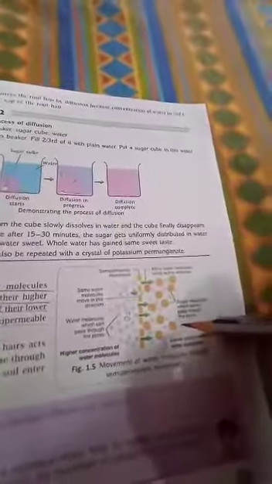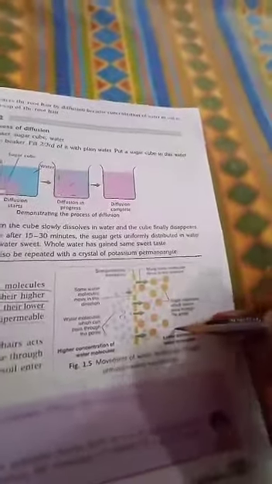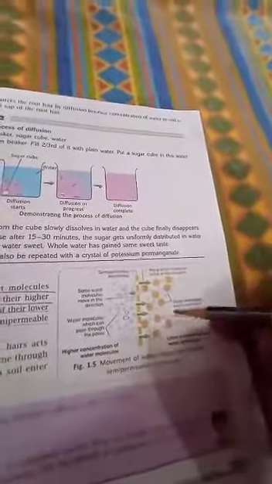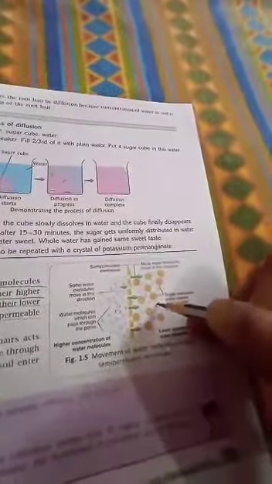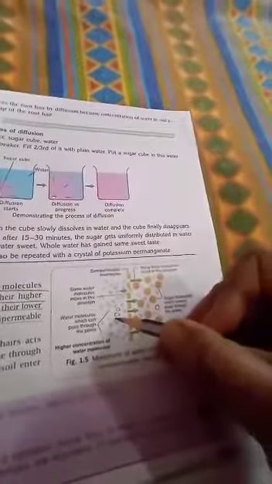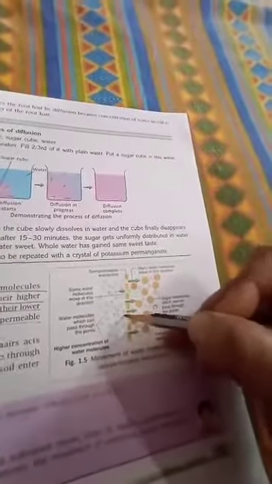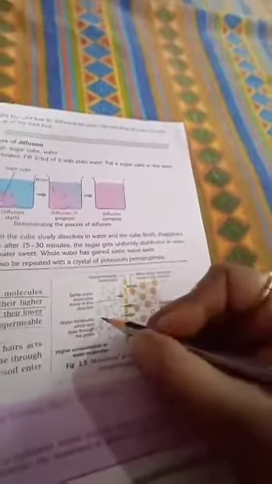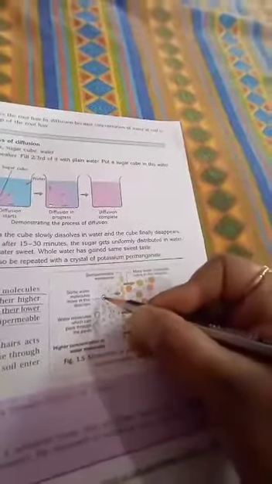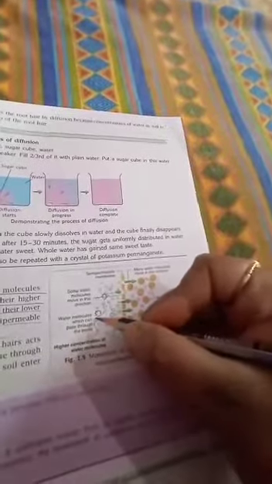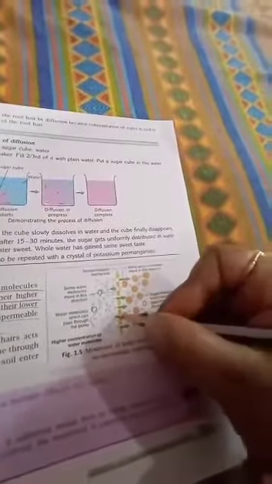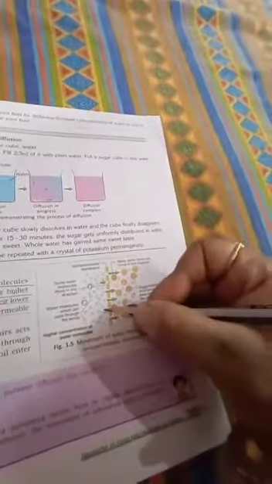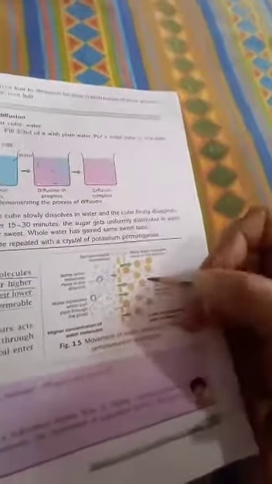So in this figure 1.5 you can see this is a semi-permeable membrane, and here is a sugar solution, and here only water. So in sugar solution, what is the water? Water is the solvent, and here water is also the solvent. So in the osmosis process, the solvent molecules move. There are bigger sugar molecules also here, but sugar is the solute, so the solute doesn't move. Only solvent molecules move from their higher concentration to the lower concentration.